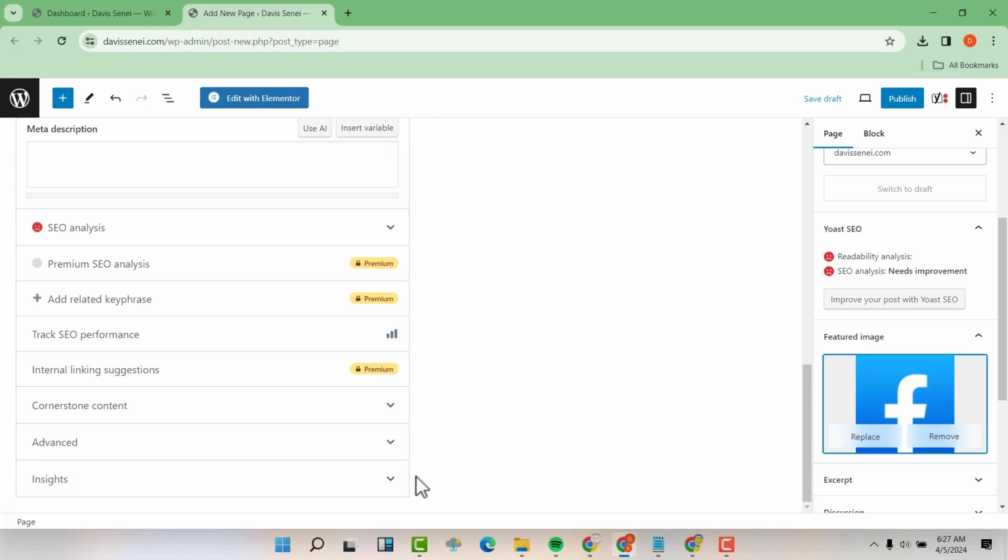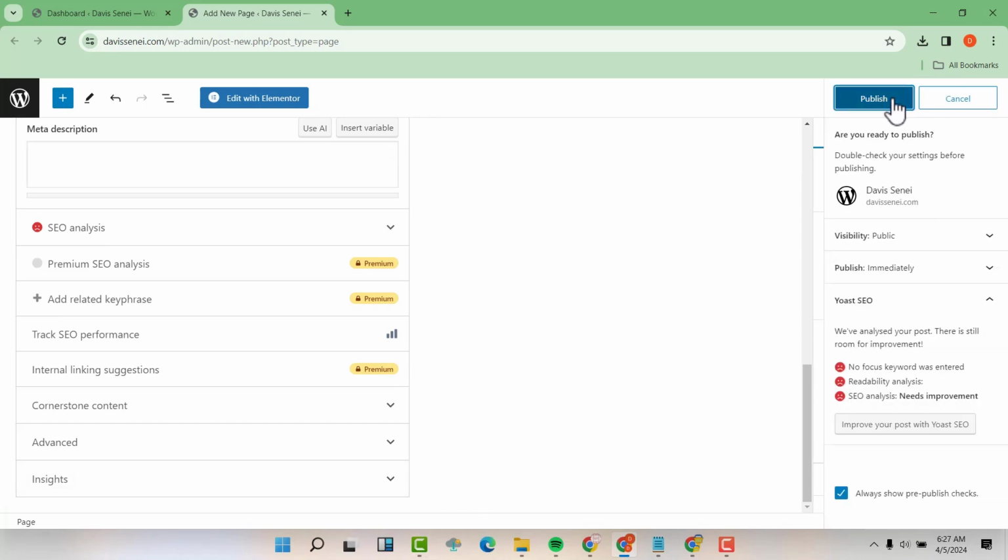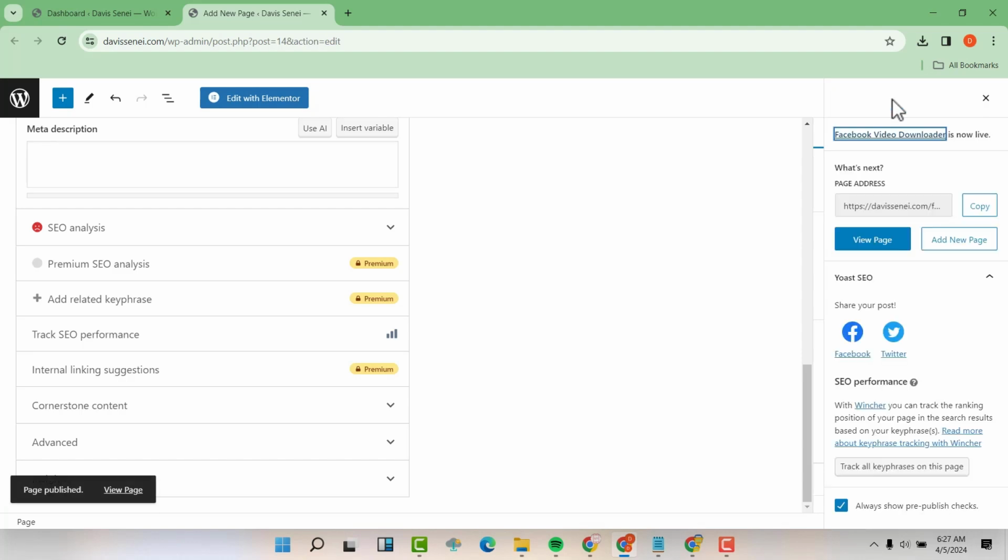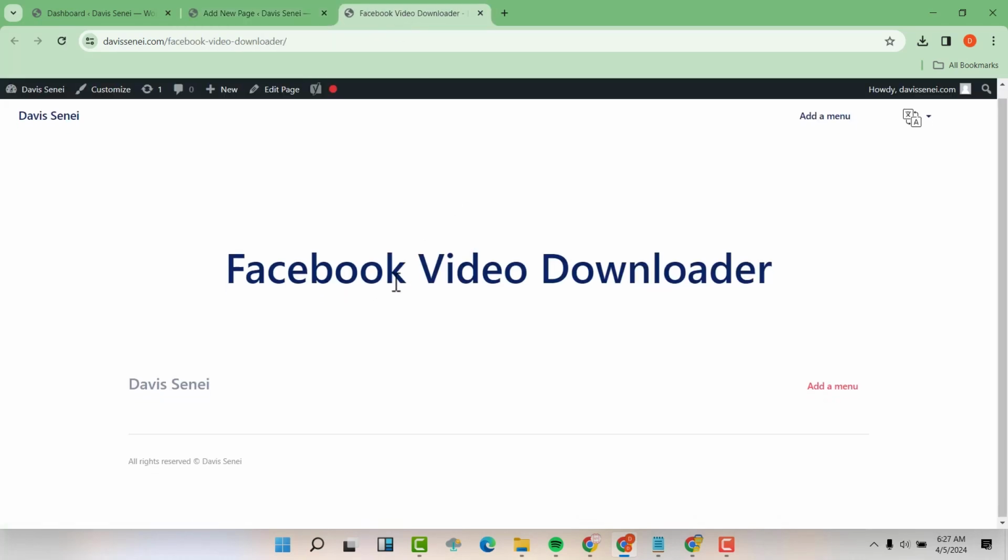You see we don't have anything down here, but when we click on publish, then publish again, see, this page will not be active. Let us just click on it and open it in a new tab. You see, it will just be the words alone. So if you want to display the downloader form here, you have to do this, and this is very important because you'll not be able to have this page if you don't do this.